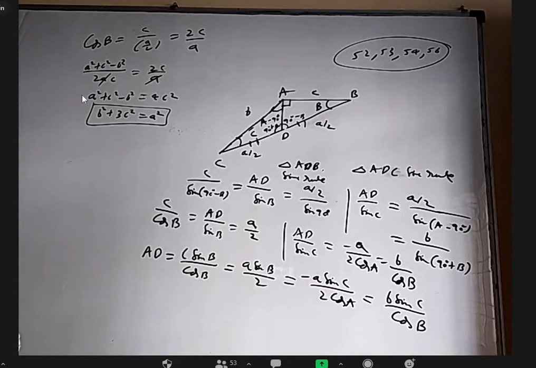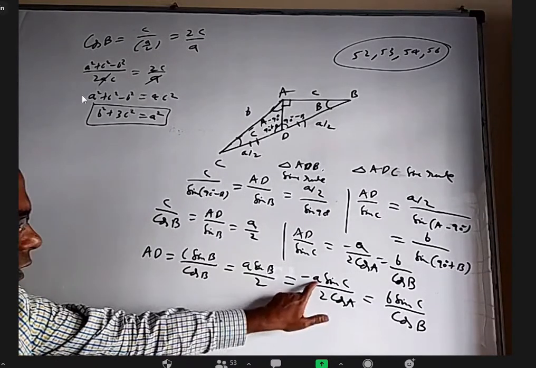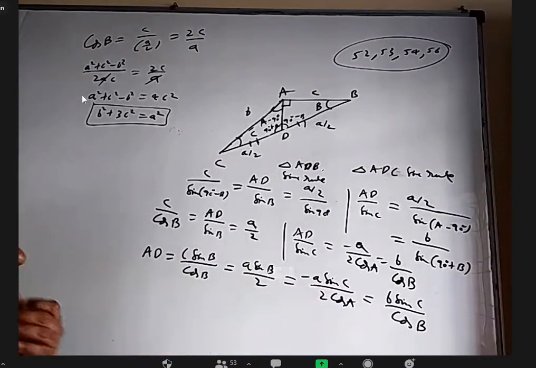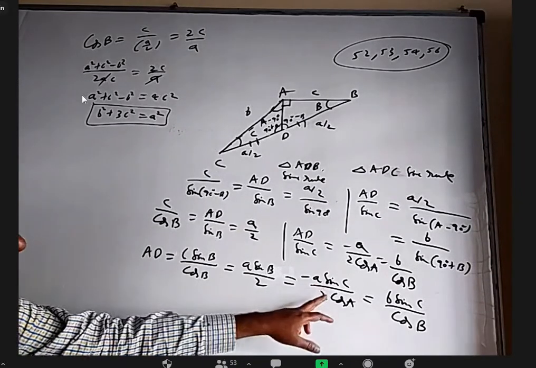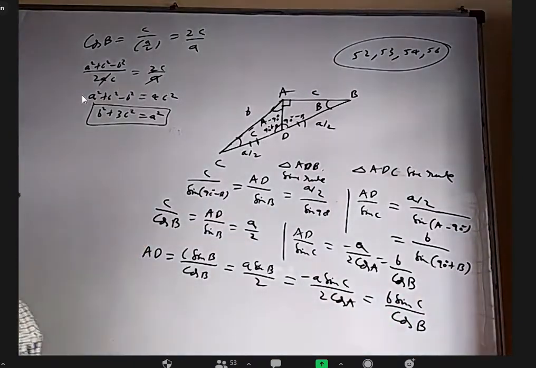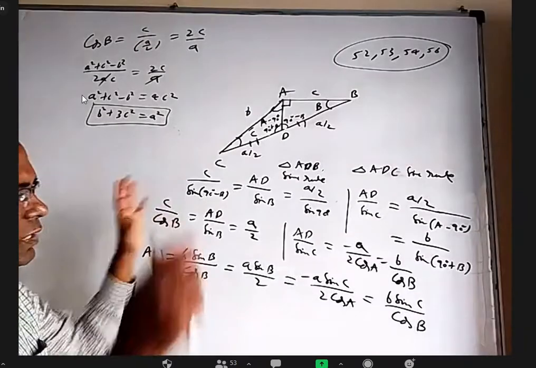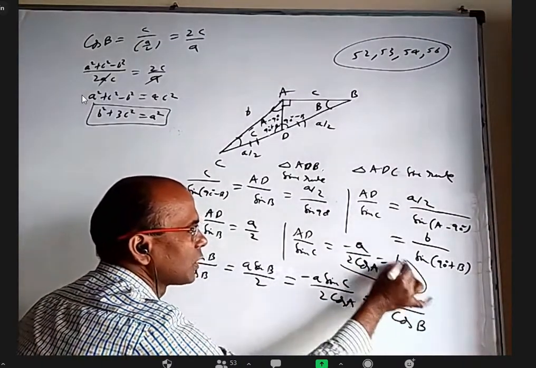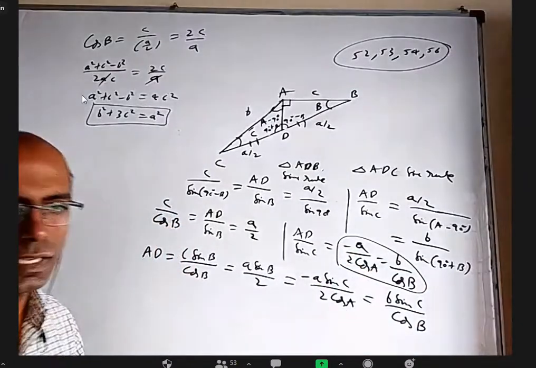Now, coming to the particular question, I want tan A plus 2 tan B. Is there any way I can get it? Here I can get tan A: 2r sin A I can write, and it will become tan A. Where will I get tan B? There is a C. If I cancel these two, I'm getting it right here, by equating these two only. For that particular question, I don't need all these things. This alone is sufficient to prove tan A plus 2 tan B is 0.